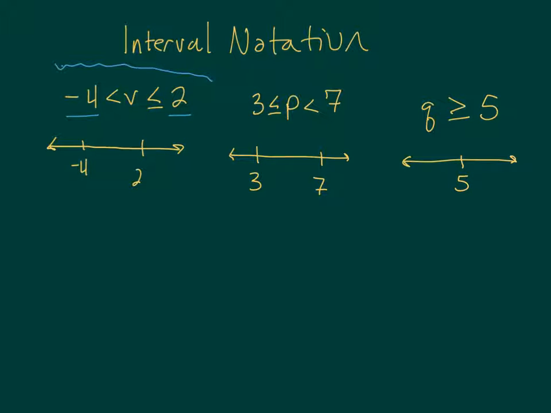And so what you probably did in middle school was draw them on a number line. You'd say something like, well, this -4 is not included because -4 is not bigger than itself. So you put an open circle on -4 to say, I'm not counting that -4. But the 2 is included because v could be less than or equal to 2. So there you'd have a closed circle saying, yes, include this. This is in my set because 2 is less than or equal to 2.